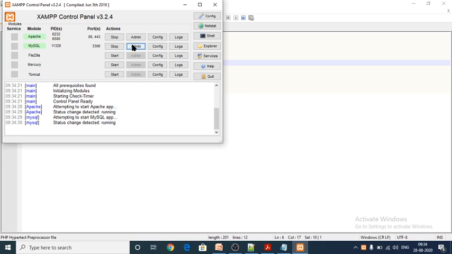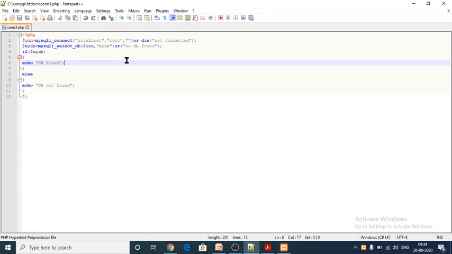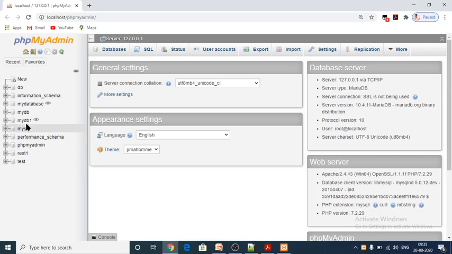After opening the admin, your localhost will run on your browser, Google Chrome. So see here, in my connection I have given the database name, MyDB. It is here, MyDB is here as a database.